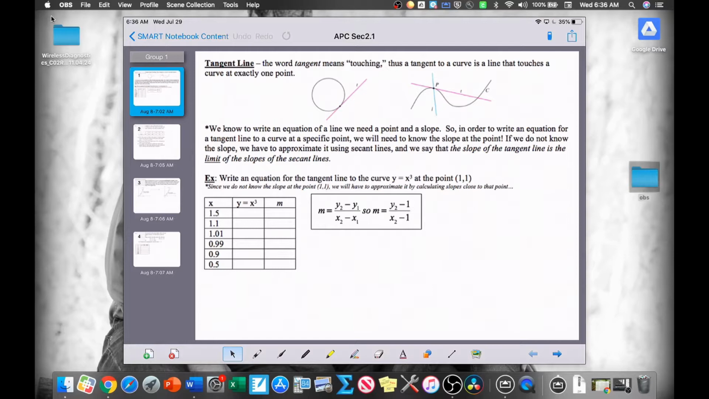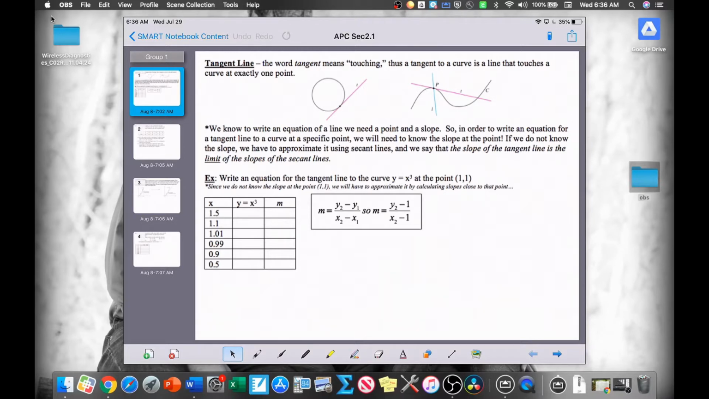Today we're going to start by talking about tangent lines and review what this means. You've talked about tangent lines in other math courses before, specifically in geometry, but we've certainly found equations of tangent lines in Algebra 2 and in pre-calculus as well. The word tangent means touching. So a tangent line to a curve is a line that touches a curve, but specifically it touches a curve